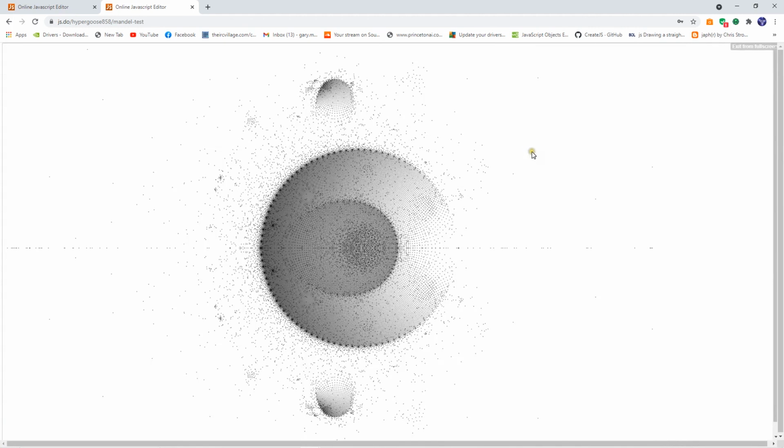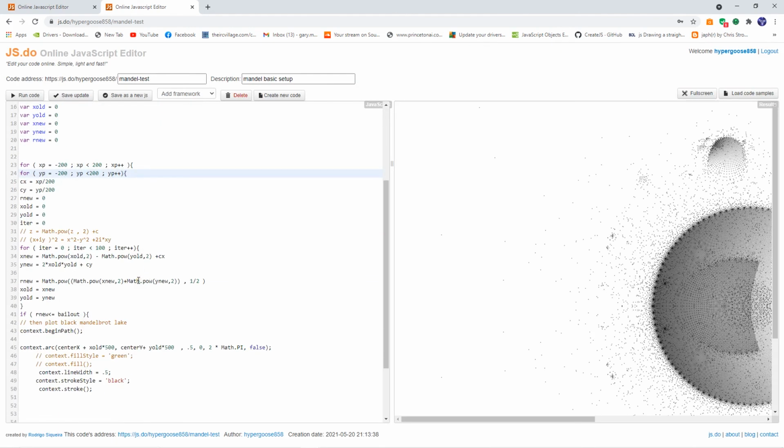I don't know what fractal it is. That's not the Mandelbrot set. What are we plotting here? We're plotting xold and yold. It's an interesting fractal, but